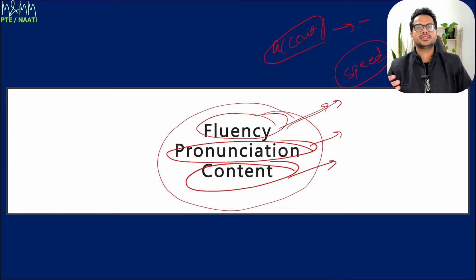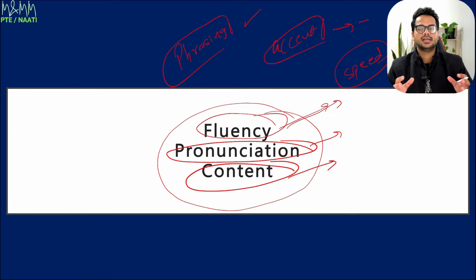Another thing you have to do is, when I was saying that you do not have to speak the complete sentence in one breath, you have to do phrasing. When you get that one sentence, you have to make sure you break that sentence down into phrases and then speak it out. At the end of this one, I would be doing one sample answer where I would be giving you a proper sample answer of how we use phrasing, so you will understand that better. And another thing that you have to do in fluency is your rhythm